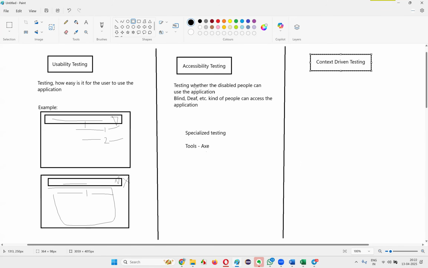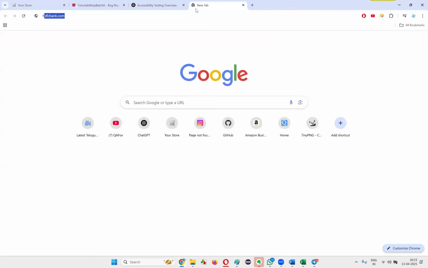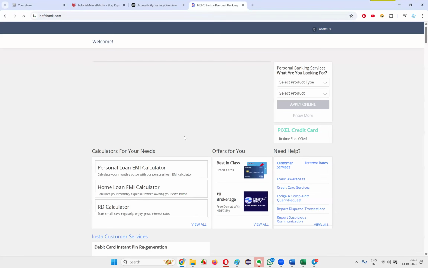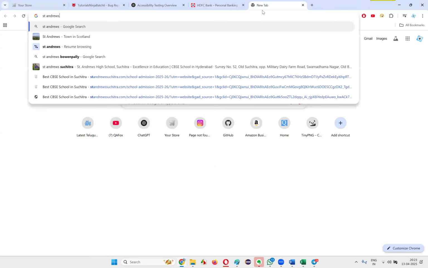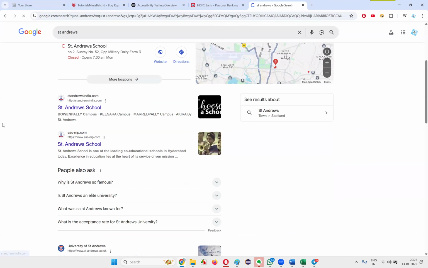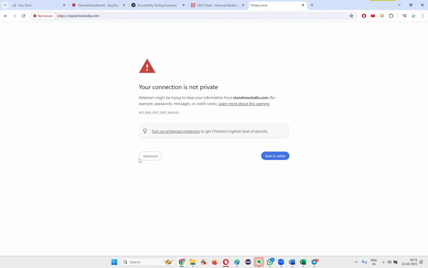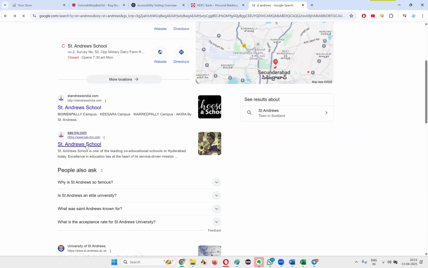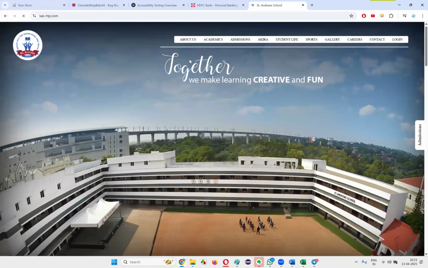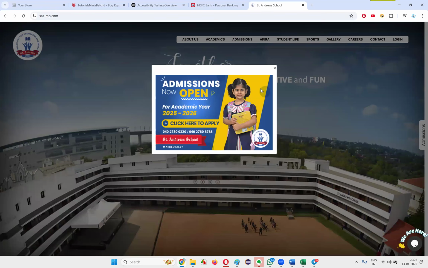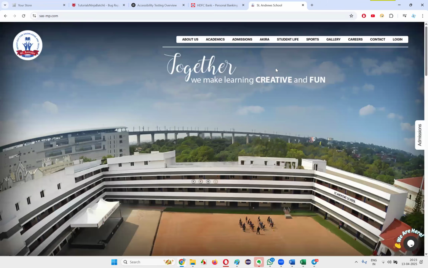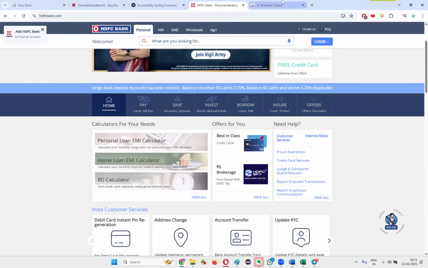If I give you two applications, guys, one is a banking application, HDFCBank.com, and I ask you to test this entire application, and the other is a school website, like St. Andrews, some school. Why is it not working? Another link is there, I'm going there. You can see the school website, right? So here we have the net banking and here we have the school website. If I give you these two applications,